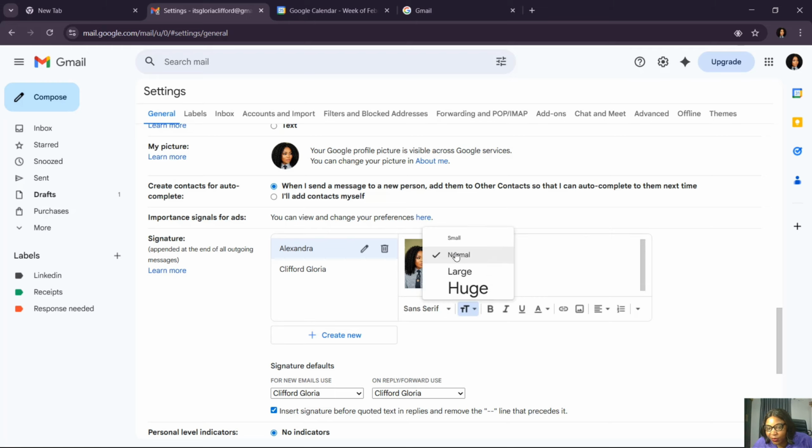Now I'm going to add text. Text size, I want it to be normal. I'm going to now add the text itself. And I'm going to write warm regards, Alexandra, administrative assistant,